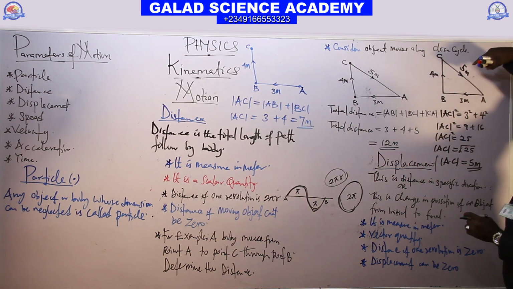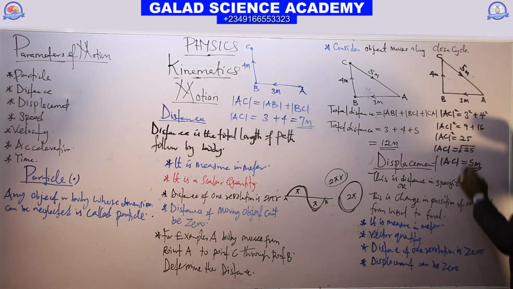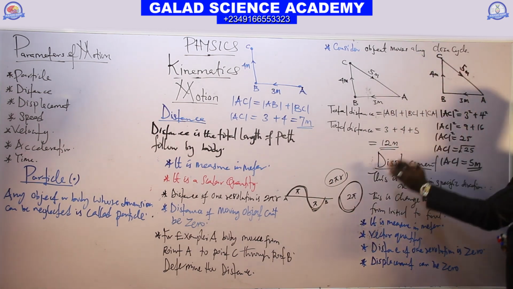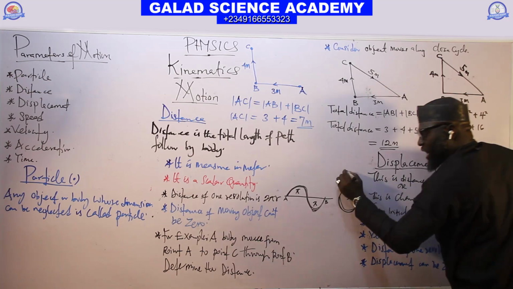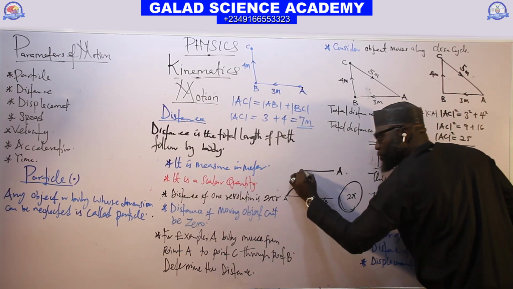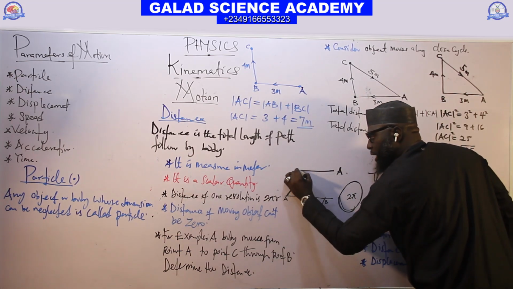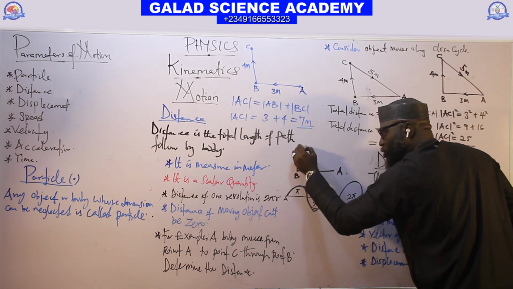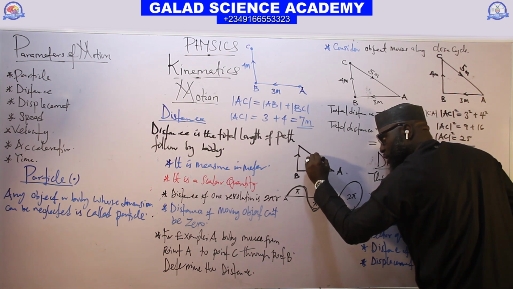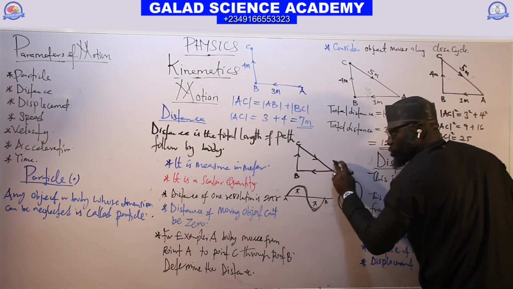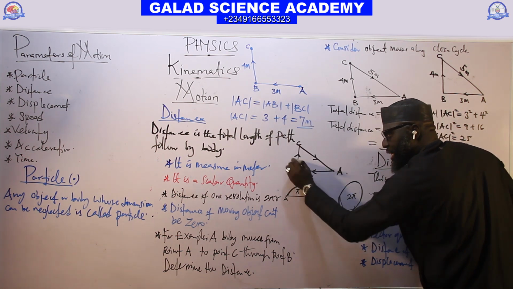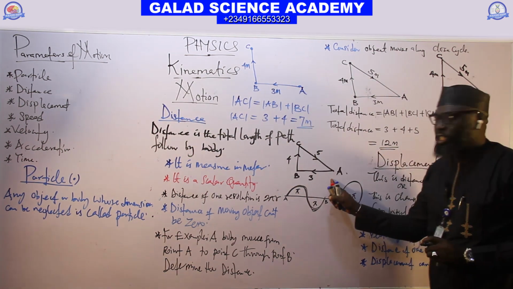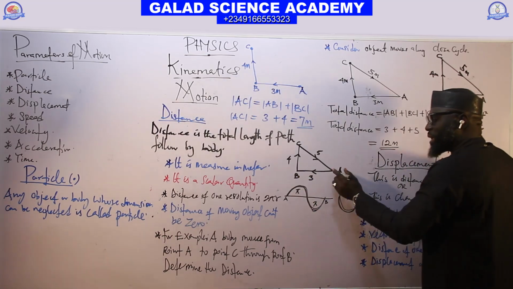displacement of this. If a body travels from A, no, let me use this again. Okay, if a body travels from A and moves to B, getting to B like this, and it gets back from C to A. Here they said it's 3, here they said it's 4, here we have 5. You are now asked to find the displacement here. So your displacement here will be